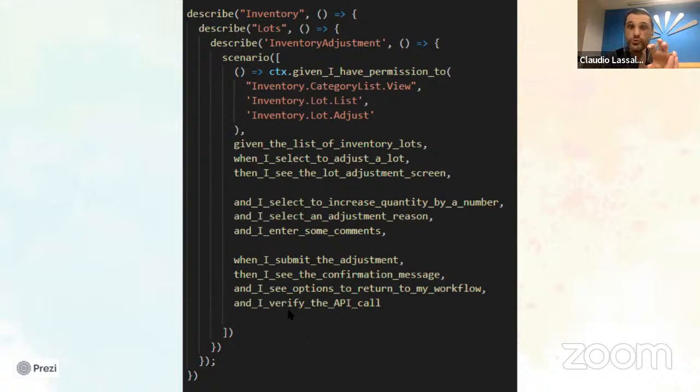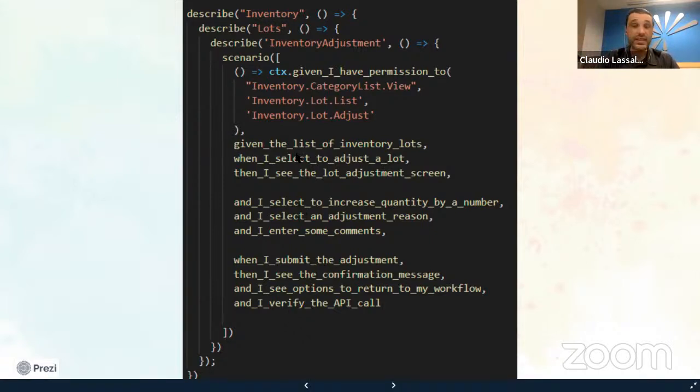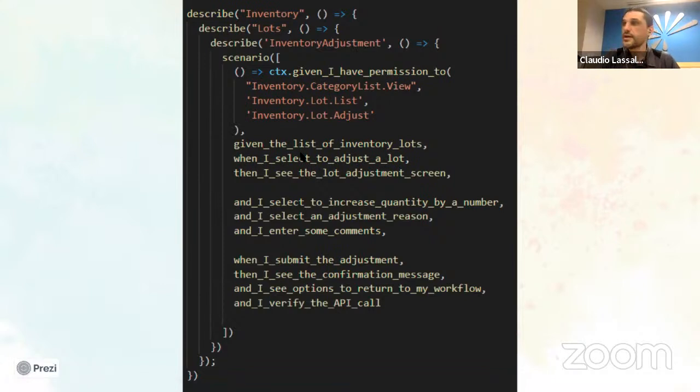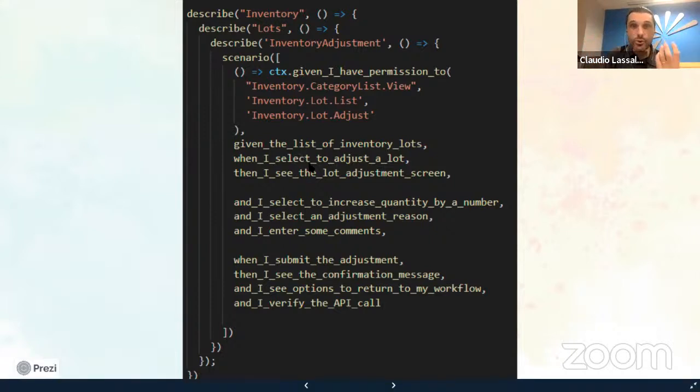Is the UI producing the output that we want sent to the backend, right? So then again, it may look very odd to you. This is just, in this case, TypeScript. It could be JavaScript, but you see English there. We are talking about what the user needs, not how the developers are going to implement the feature, because then that gives us the freedom to implement the feature however we want, as long as the outcome satisfies this set